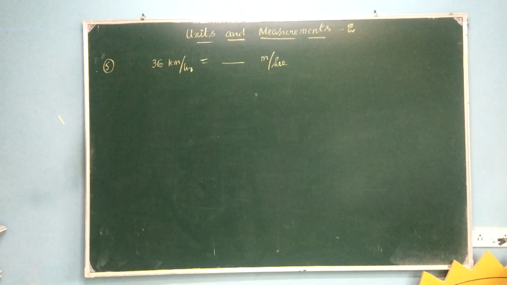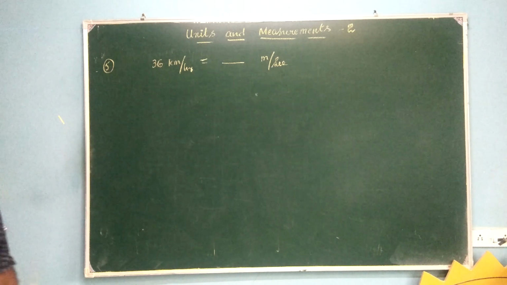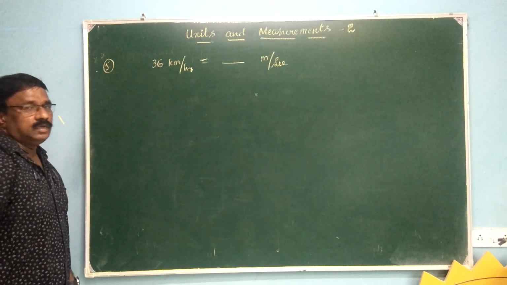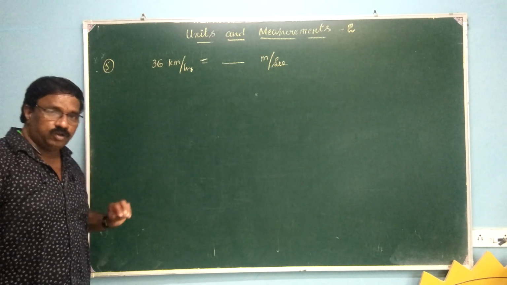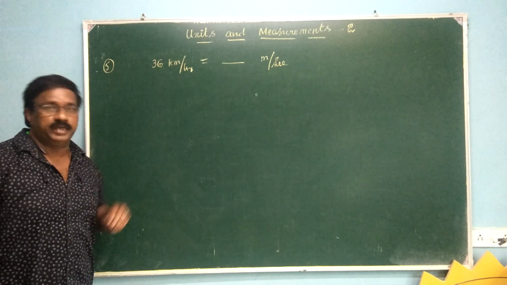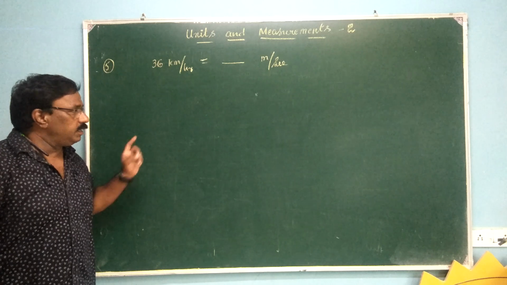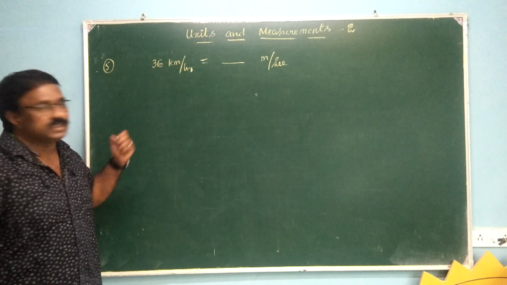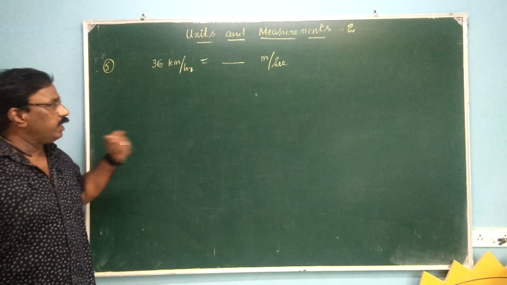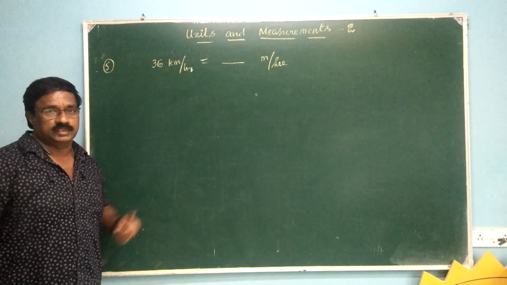Conversions. Coming to the next one, 36 kilometers per hour into meters per second. Generally, these are the conversions we got. I'll give a small exercise in the fair copy, you can do it, and I'll also give an assignment based on this. You can complete that, and any difficulty you can ask. But please be thorough with this type of conversions, which will be very useful in the coming classes.